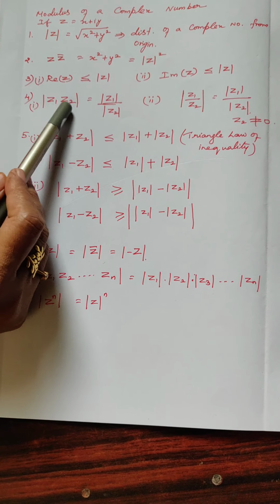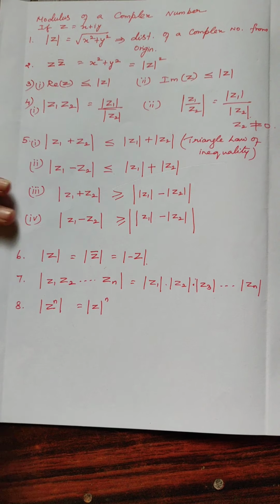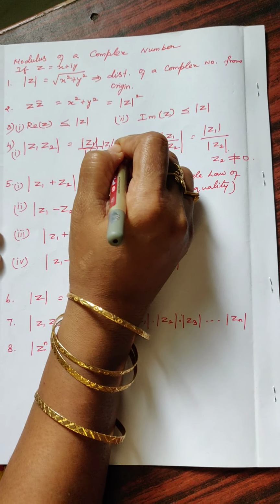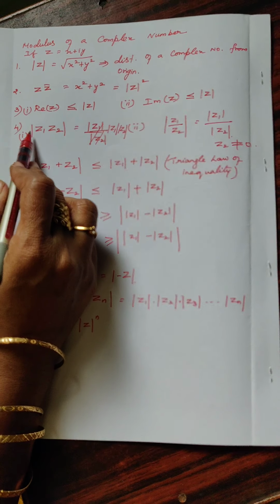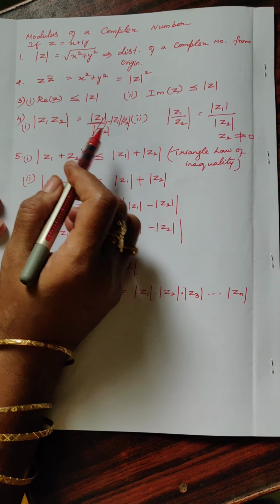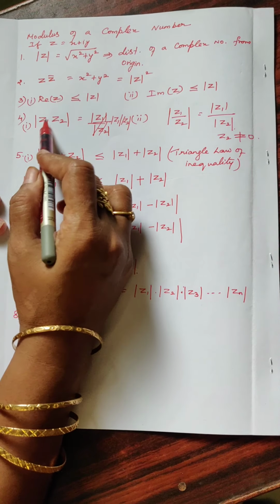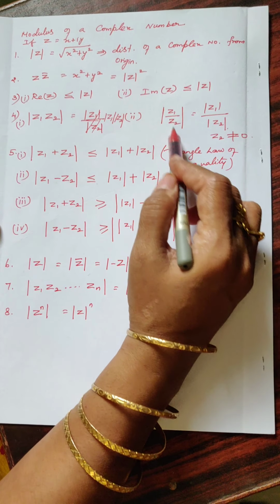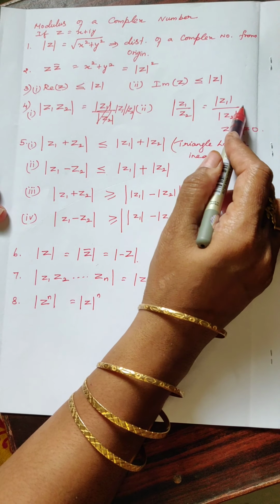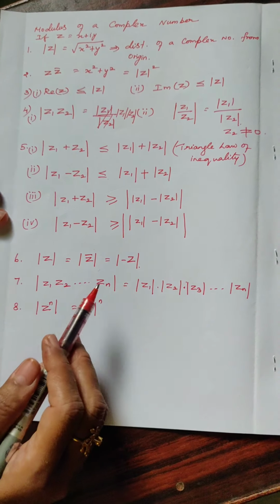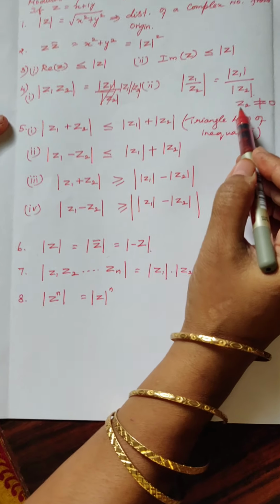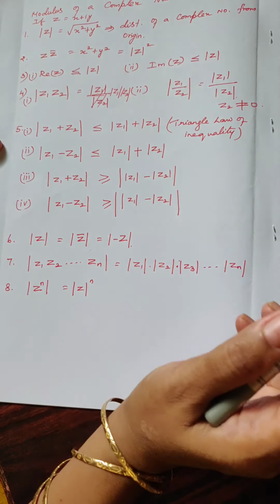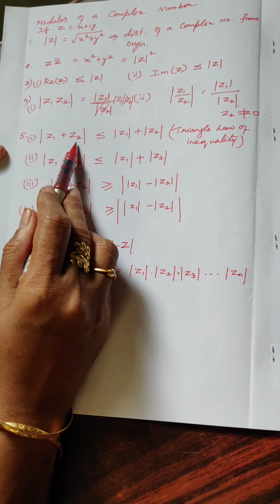modulus of the product of two complex numbers is equal to modulus of z1 into modulus of z2. That is, the modulus of a product of two complex numbers equals the product of their moduli. Modulus of the division of two complex numbers is equal to the division of the moduli of the two complex numbers, where z2 is not equal to 0. Keep it in mind. Then we discussed the triangle inequality, which is modulus of z1 plus z2